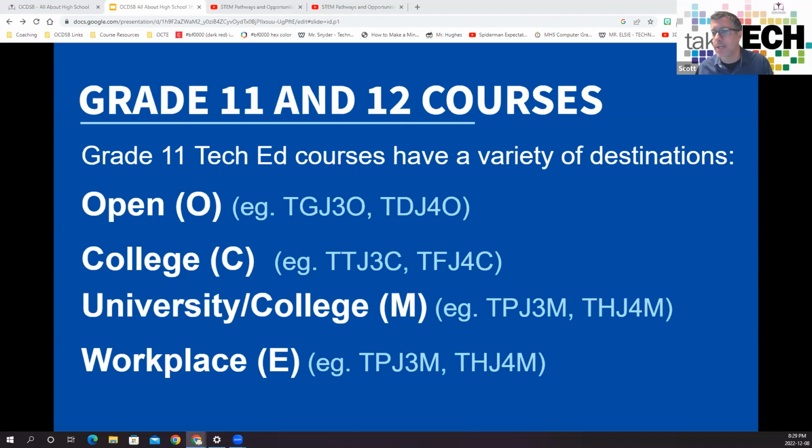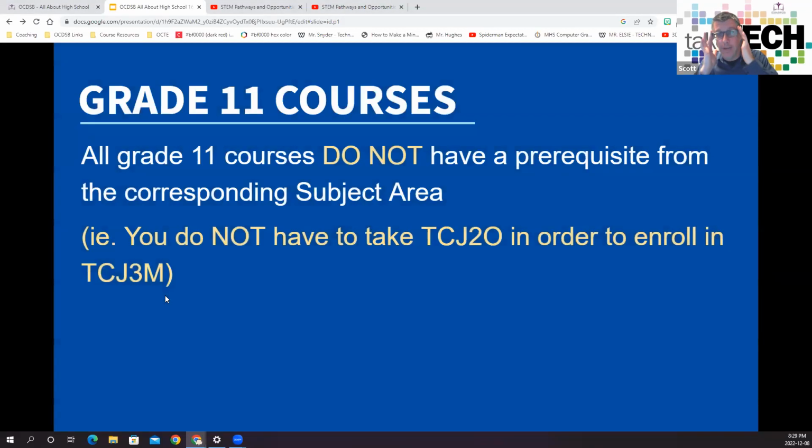E-level courses, and I apologize, the examples that I put down here I've mistyped. That should be TPJ3E and THJ4E. E is for our students that are going to be entering the workforce directly out of high school. This prepares them for that. So those are the 4 different levels that you can take at the 11 and 12 level, depending on what